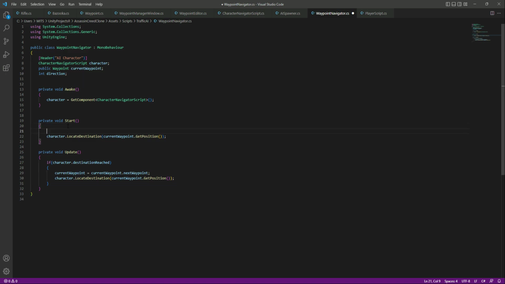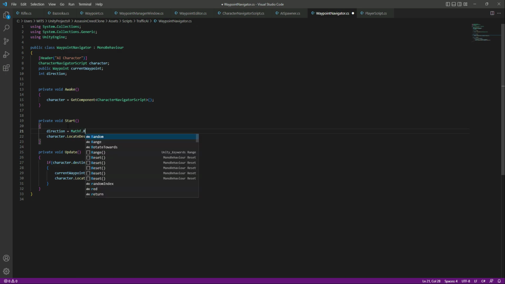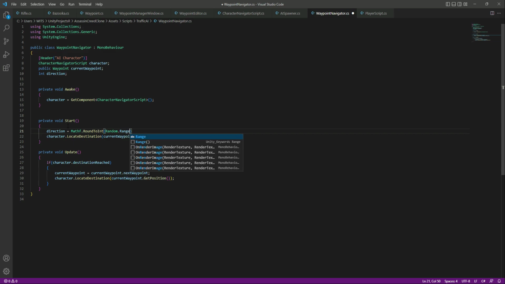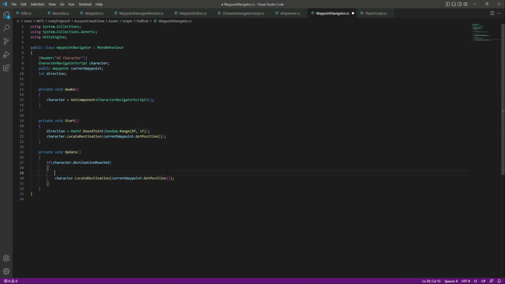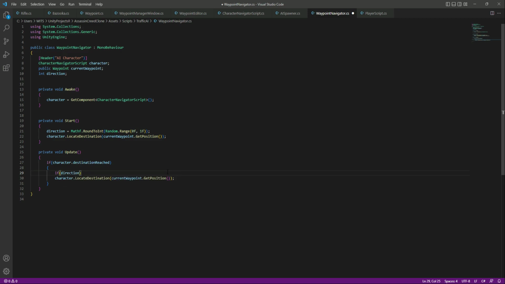Then in the start method we will set this direction equal to Mathf.RoundToInt. Then we will say Random.Range, so the range will be from 0 to 1. Then let me cut this line and right here say that if the direction integer is equal to 0, then